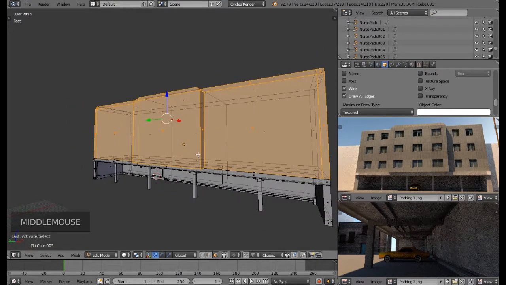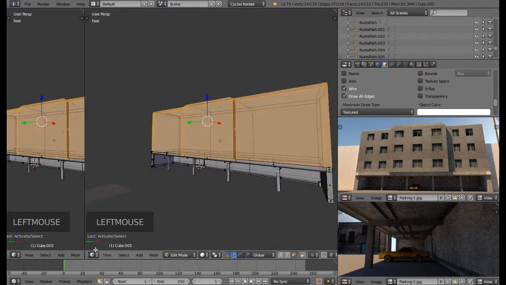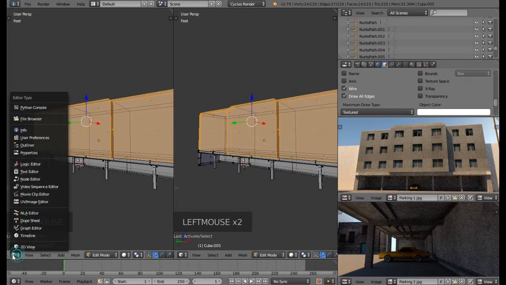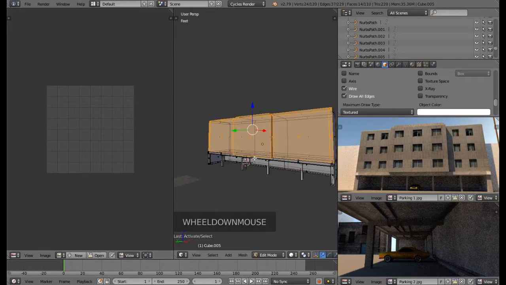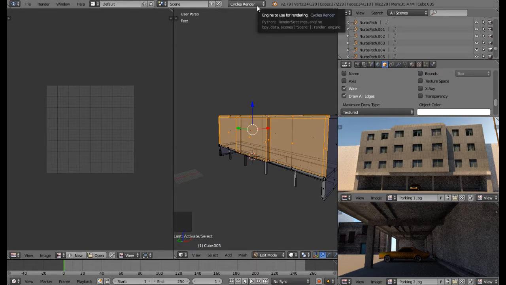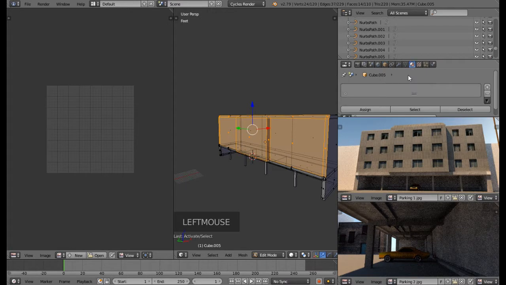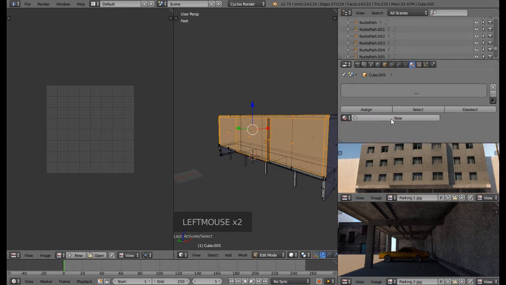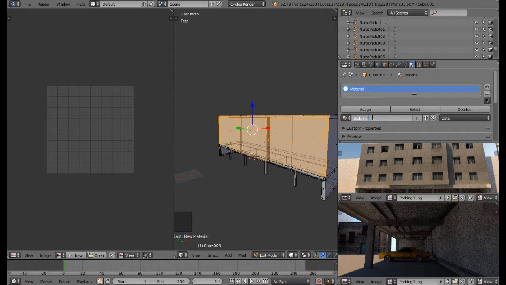Okay, now let me split the scene first. So I'm gonna split the scene and let's change this to UV image editor. Okay, and now make sure you are on cycles render, this one, and let's go to this icon and let's add, let me bring this down. Let's add a new material. I'm gonna call it building 1,